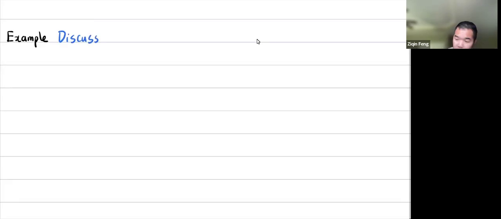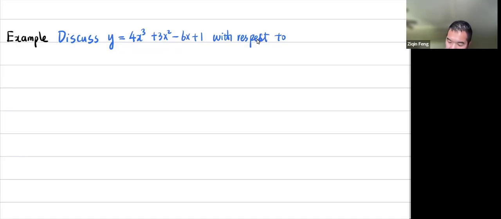We want to discuss the function y equal to 4x cubed plus 3x squared minus 6x plus 1 with respect to, let's see, right, the following points, increasing